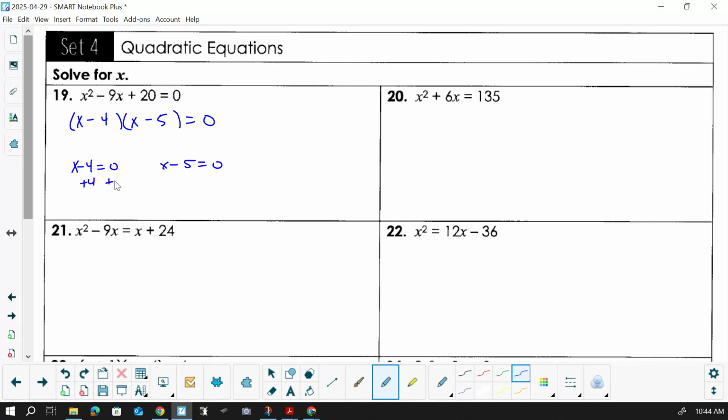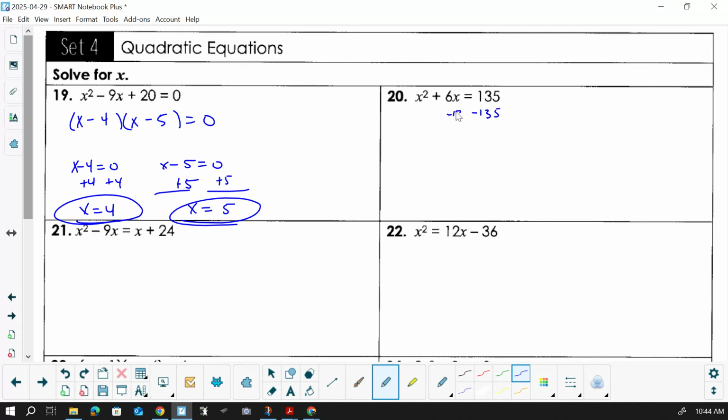Plus 4, so x could equal 4. And plus 5, x could equal 5. So with quadratic equations, there are 2 possible answers, and your 2 answers are a 4 or a 5. If you don't believe me, you could try it. Put a 4 in: 4 squared minus 9 times 4 plus 20 will equal 0. All right, this one doesn't equal 0, so I'm going to start by subtracting the 135